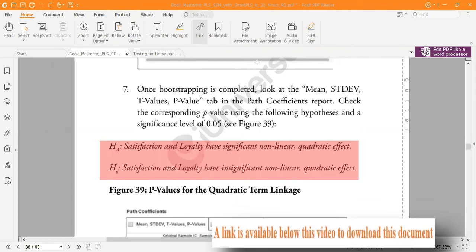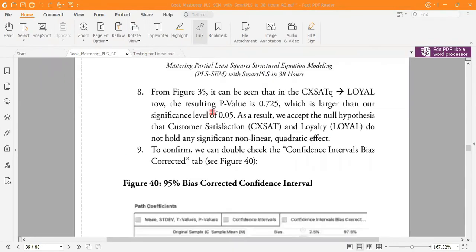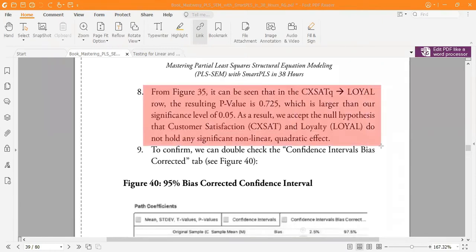If you go down, these are the results of this one, which show that from figure 35 it can be calculated that the qualitative effect on the loyalty has a p value of 0.725, which is larger than our threshold of 0.05.